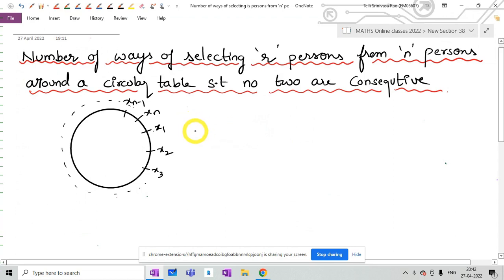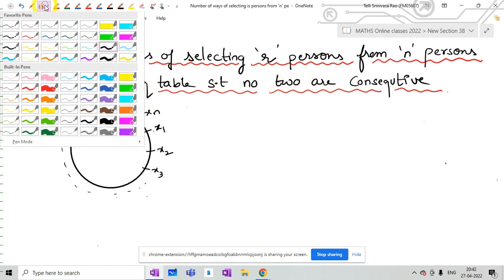Hello students. Today we'll try to understand the number of ways of selecting r persons from n persons around a circular table such that no two persons are consecutive. Means on a circular table, a total of n persons are sitting. Out of those n persons, we have to select r persons in such a way that no two persons are